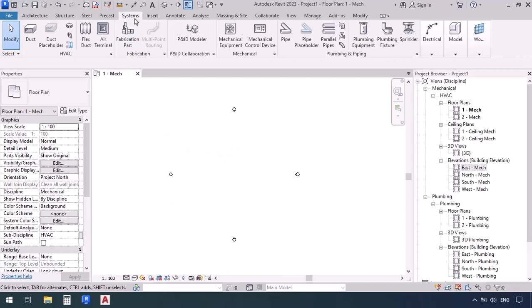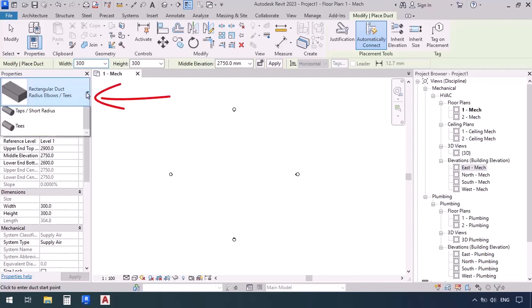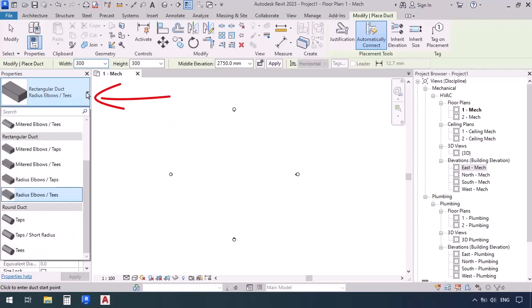Alright, so again we go to the Systems tab and click on the Duct command. But before we start drawing our canal, first we have to clarify what we want our cross-section to look like, and how we want the fitting ducts to look when they go between 2 straight ducts. To do that, we go to the Properties window and click on this drawer here so that we would have